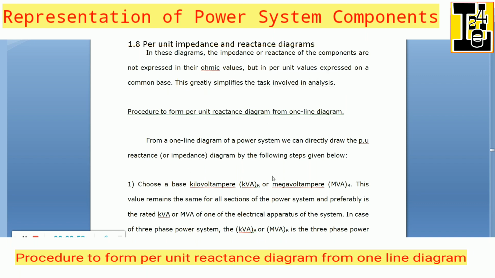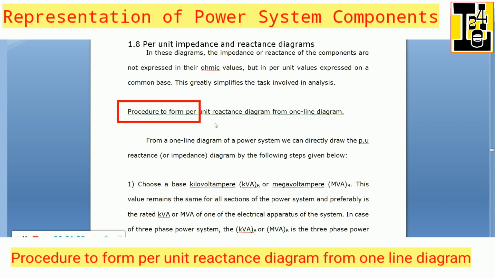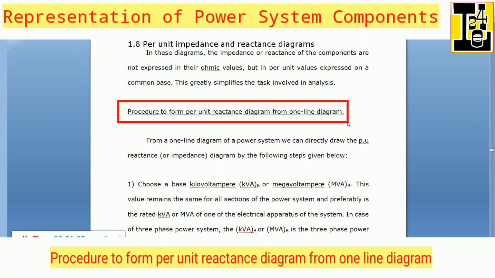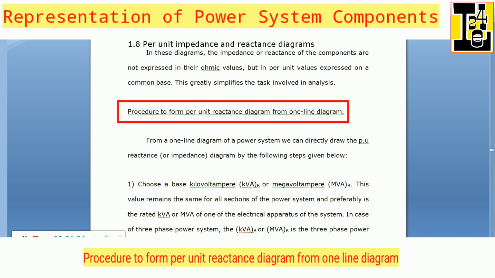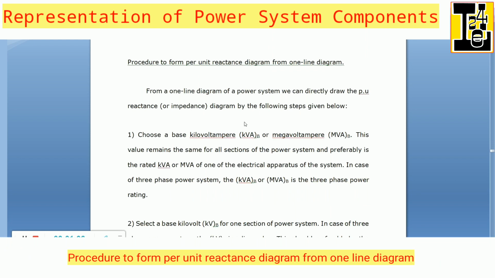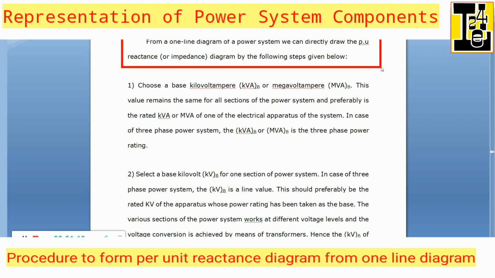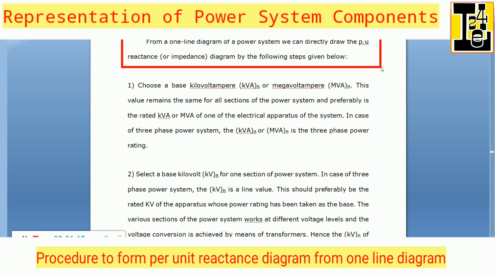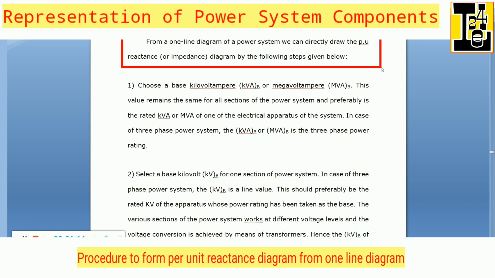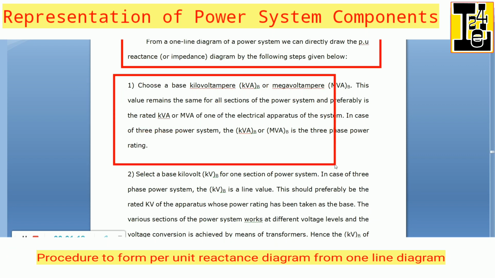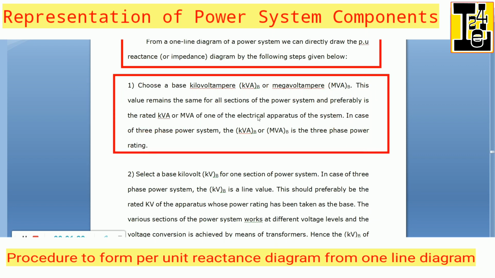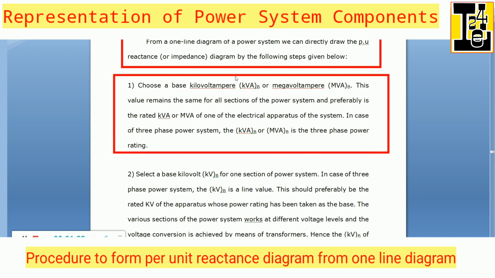Let me tell you the procedure to form the per unit reactance diagram or the per unit impedance diagram from the given one line diagram. From the given one line diagram of a power system, we can directly draw the per unit reactance or per unit impedance diagram by the following procedure. The first step is we need to choose the base kVA